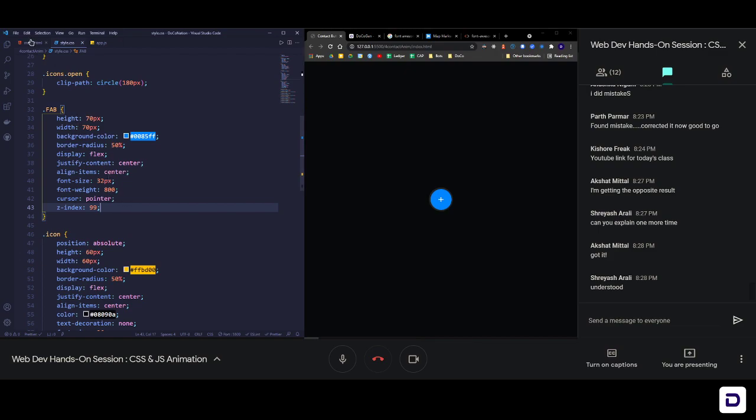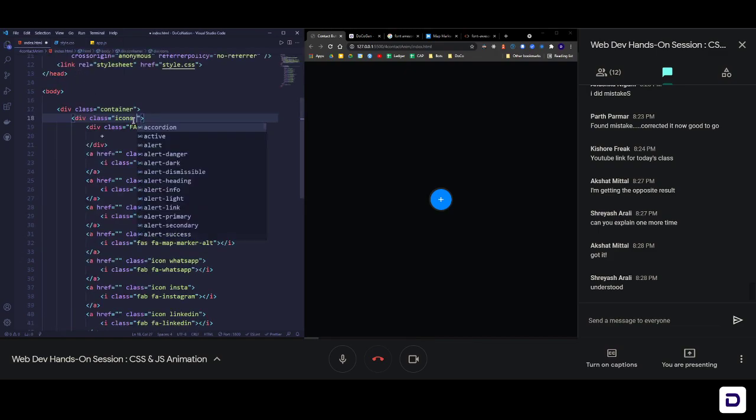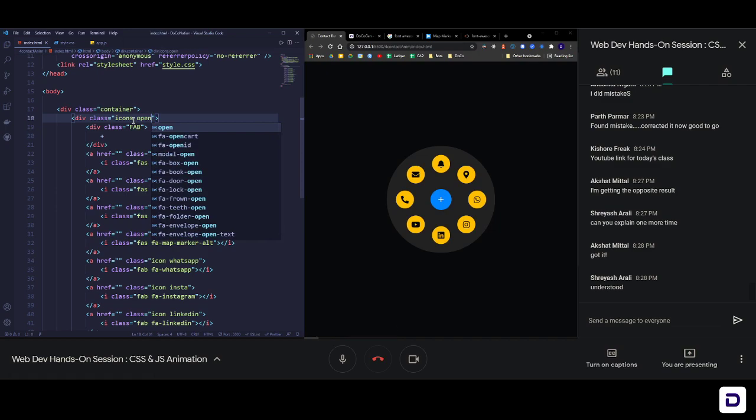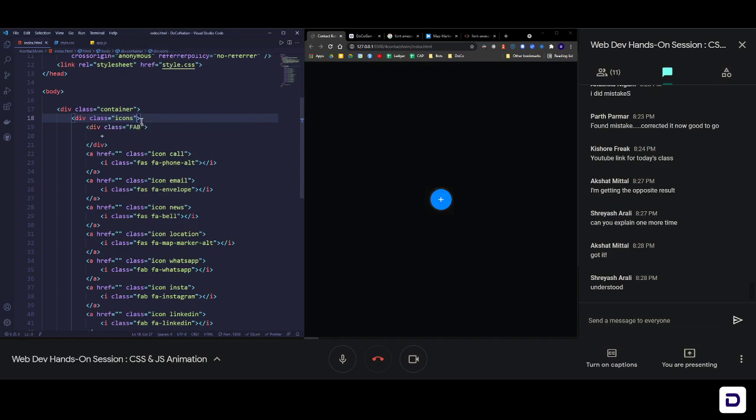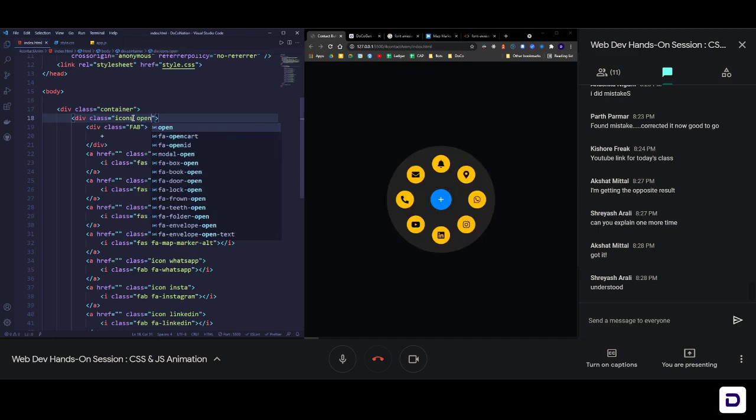Now if I add open one more time here in HTML and save it, you can see that we are getting the open state, and if I remove open, then we are getting the closed state. So this is the animation we'll be doing here through JavaScript. We are going to add the class whenever we click, and when we click again, we're going to remove the class.